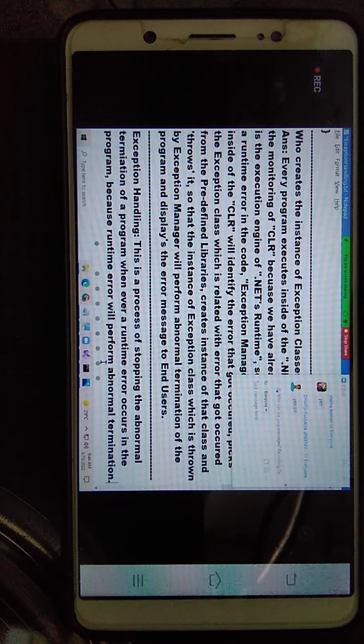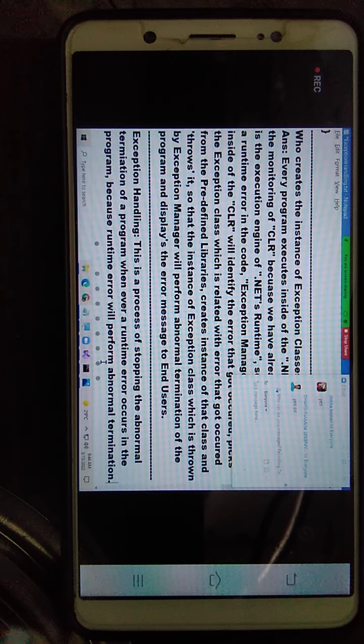Because these messages are targeting the developer, the developer can understand them, but the end user cannot. "Object reference not set to an instance of an object." What will the end user understand about that? What is object? What is reference? You don't know anything at all. Okay? So by handling these exceptions,